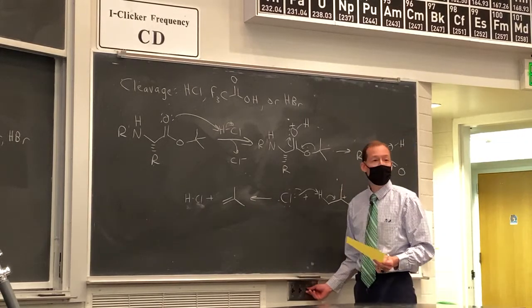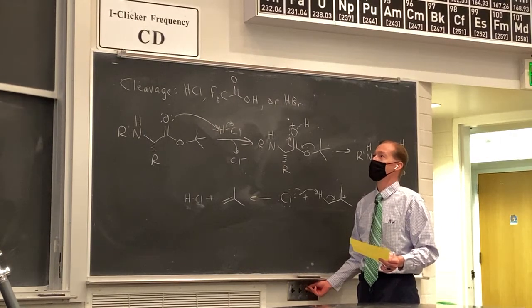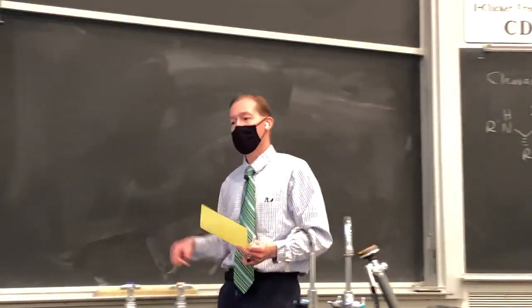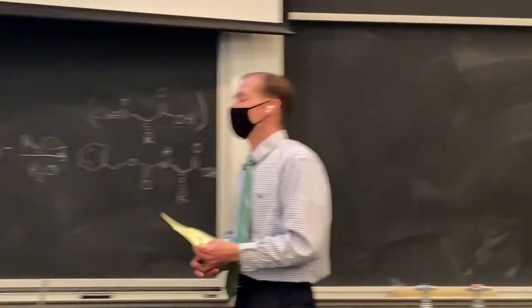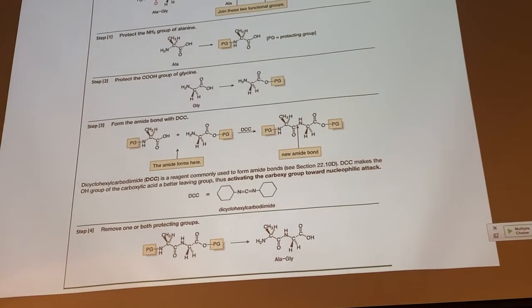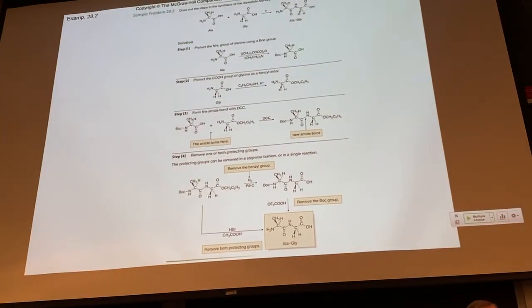Okay, so now that we've learned the identities of specific protecting groups, we can replace this figure on the screen that just shows the protecting groups as these tan boxes. We can replace those with actual protecting groups. Okay? And there's more than one way to do this. This is one solution. You could use different protecting groups. If you did, you would have to use different reaction conditions than they did here in this example to remove